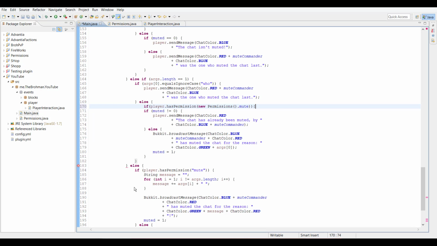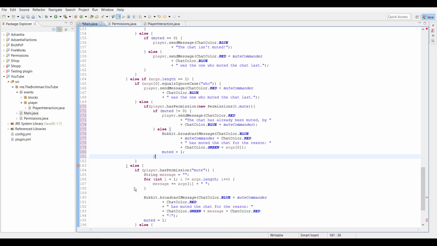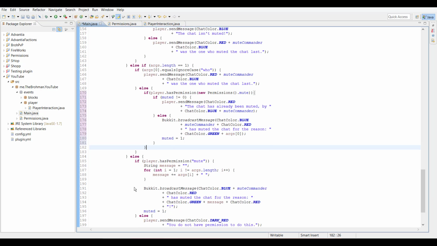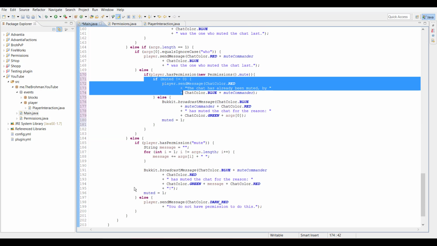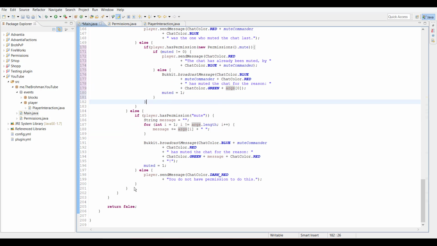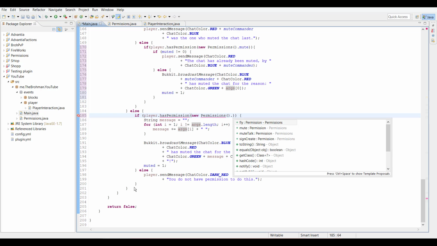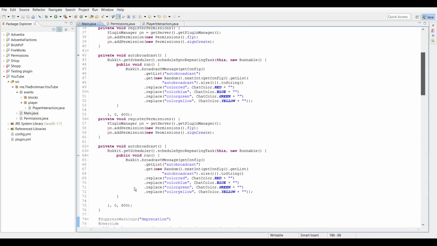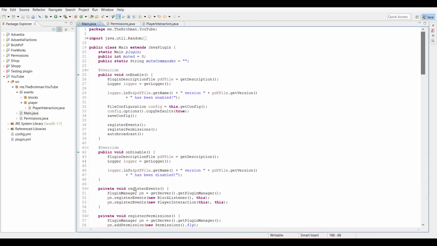It's like that. Like that. If player has new Permissions.mute. Okay. Oh yeah, of course. We forgot to register it,